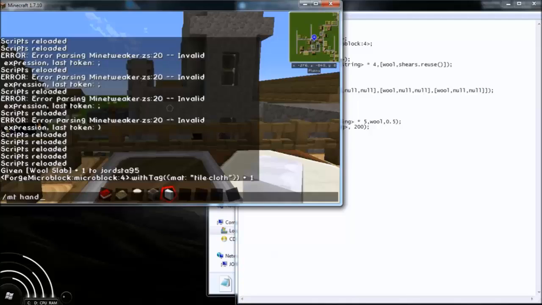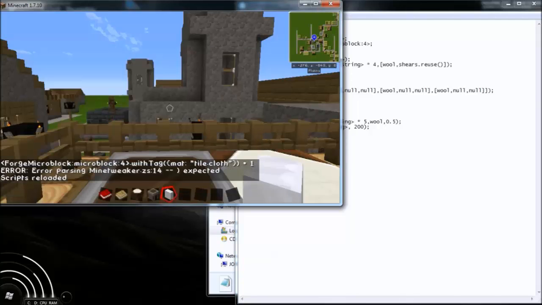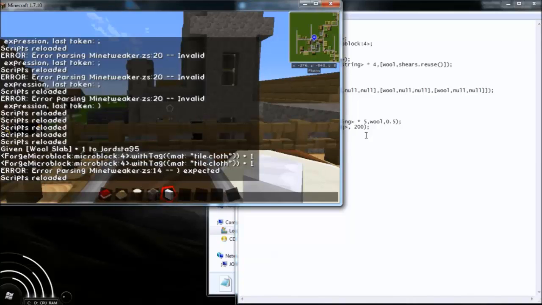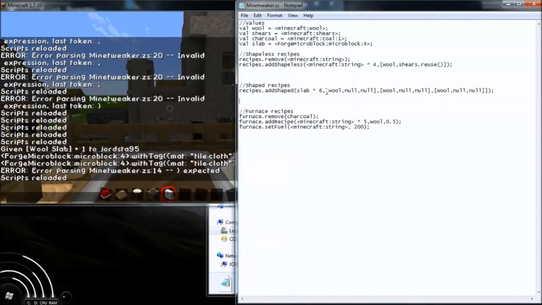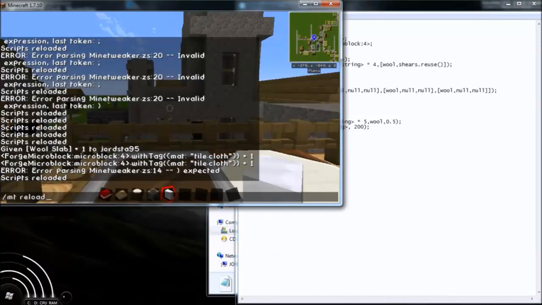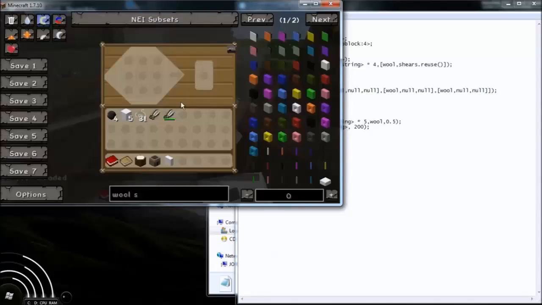So now if we go, not empty hand, I want to reload. It is missing, oh, derp, what is it missing? Good question, what is it missing? Oh, derp, it's missing one of them. It needs to be opened with two. I will remember to do so properly. There we go. So if we go into here and we get our slab, we're going to make ourselves a